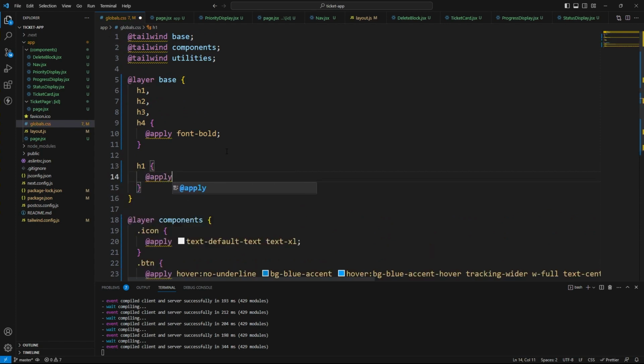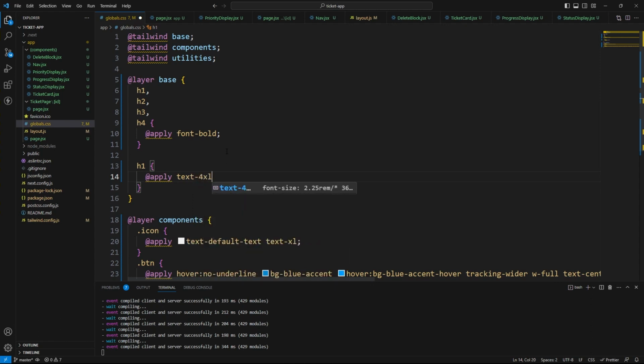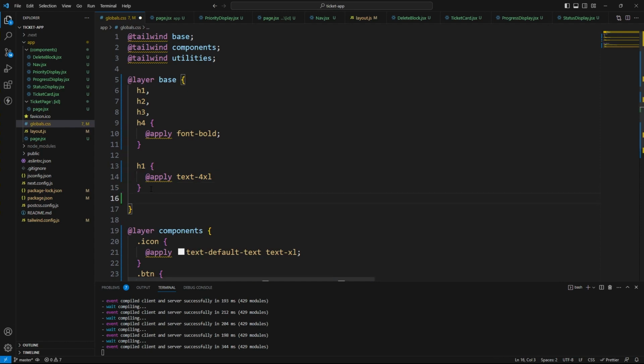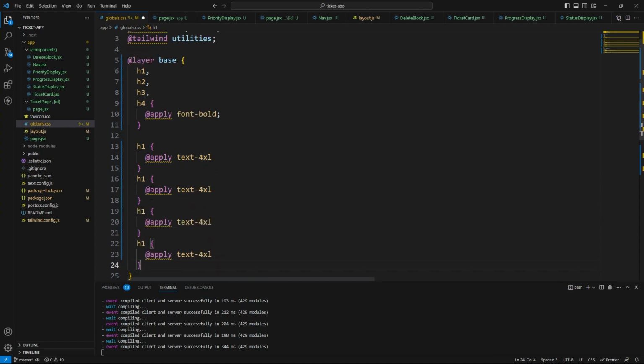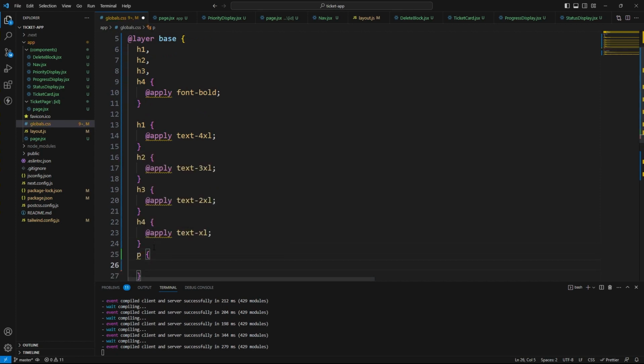We can do @apply text-4xl, for example. Let's copy that. We'll do H2, H3, and H4. We can do an H2, H3, H4. For this one, we can do 3XL, 2XL, and XL. Great. Now for our P tag, let's do @apply